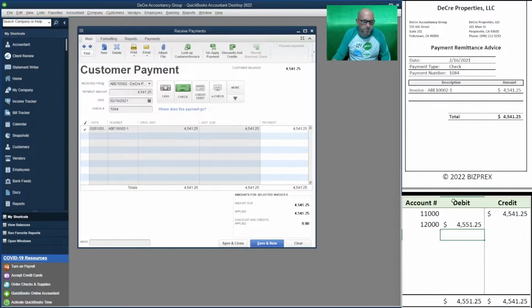So here it is. All right, again, this amount, right? It's becoming our debit to 12,000 and credit to 11,000. Both are assets. 11,000 goes down because assets are reduced when credited. 12,000 goes up because assets are increased when debited. Undeposited funds go up. None of it is on this interface. Notice it. None of it is on this interface, but it is being impacted. Trust me. We can show it by going through,